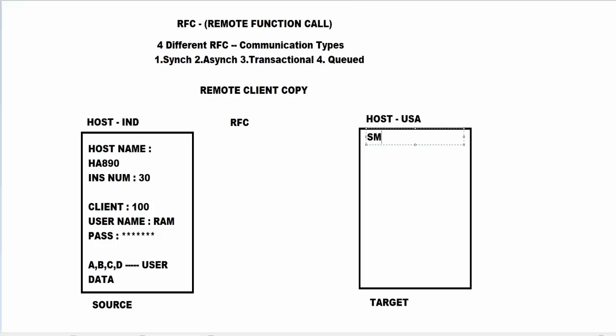First we hit the T code SM59 in the target system, select the connection type, and then we need to provide the host name HA890, and the instance number is 30,